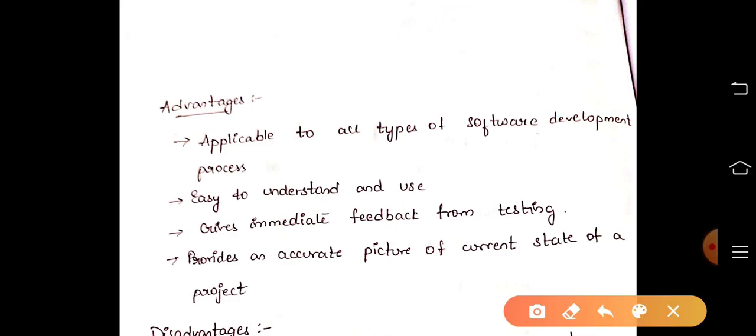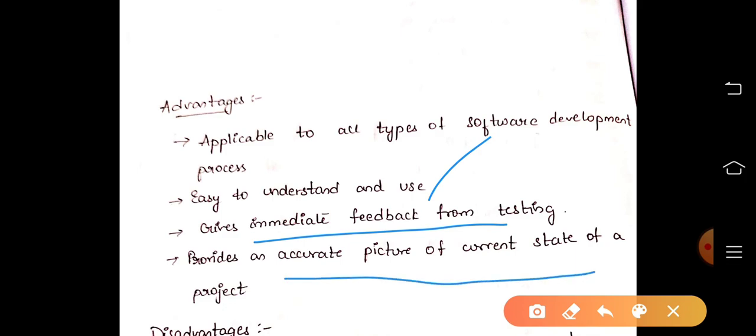It is easy to understand and use, and it gives immediate feedback from testing. After testing, we get feedback from the customer and can add changes. It also provides an accurate picture of the current state of a project: in what phase or state the project is, whether under development, coding, testing or maintenance. The current state can be viewed in this model.